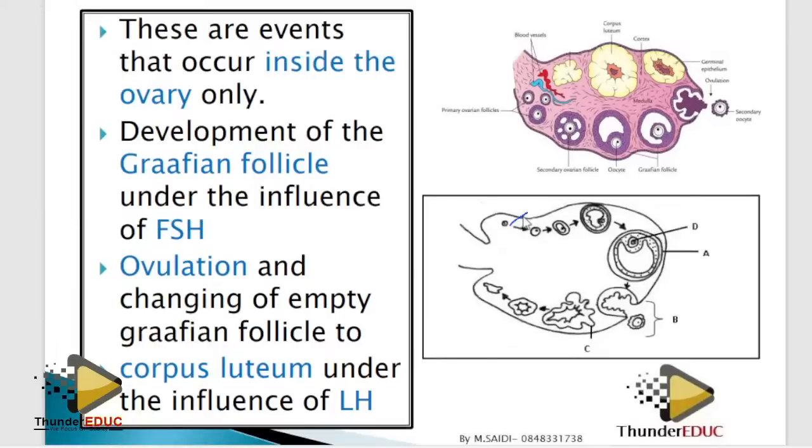But for the uterine, you need to know the hormones which are produced here and the function of the hormone. That's all. The ovarian is done: hormone produced and the function of that hormone. Uterine also is the same story.